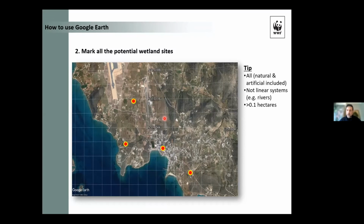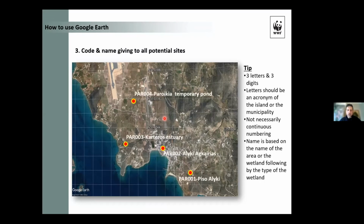As I said, not linear systems, and we included all, both natural and artificial, above 0.1 hectare. And after that, we start putting codes and names, a name given to all potential sites. For Greece, we use this norm. We put 3 letters and 3 digits. The letters were an acronym of the islands, and